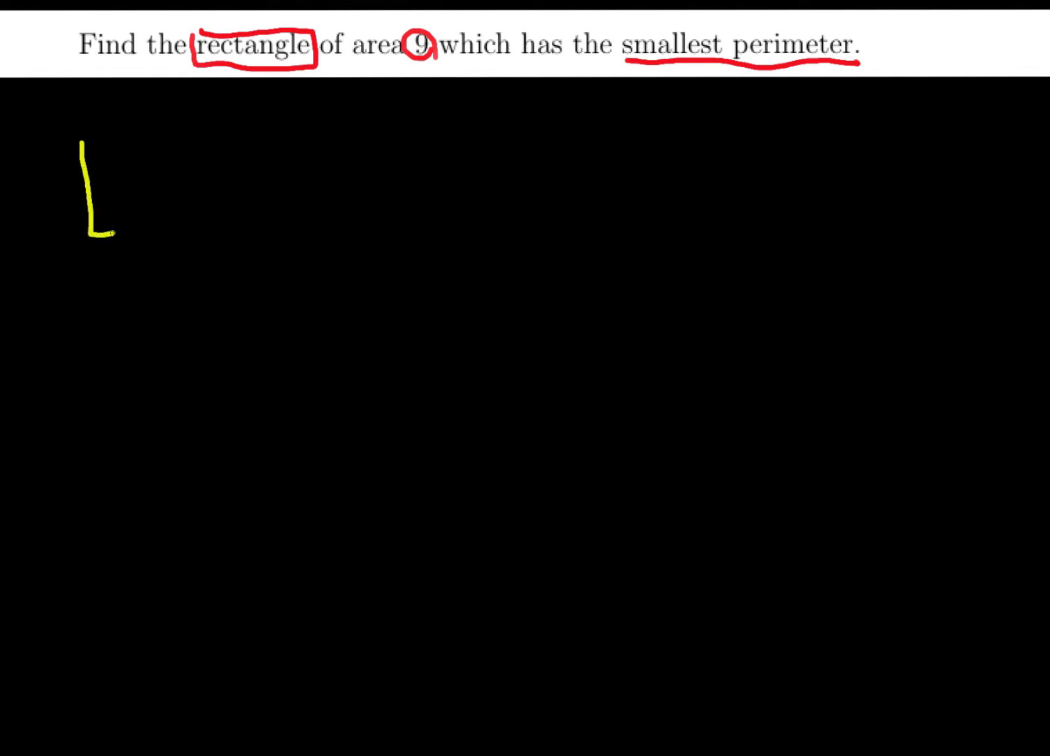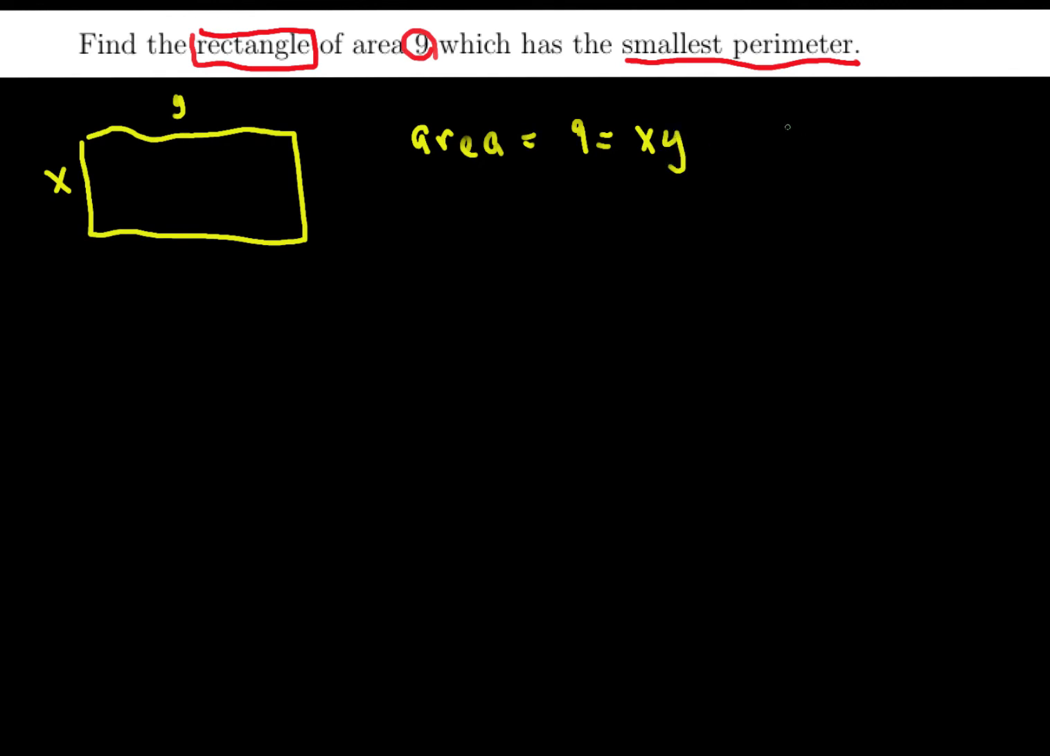So we have a rectangle, and it's going to have some height x and some width y, and the area has to be 9, and the area of a rectangle is x times y. So this is a constraint, right? This is fixed. We're not able to change this, but we want to find the smallest perimeter, so we want to minimize perimeter,